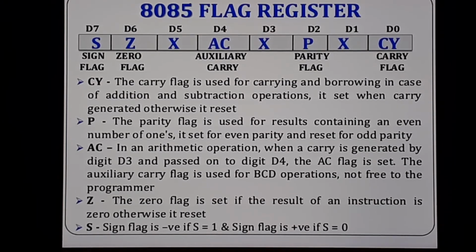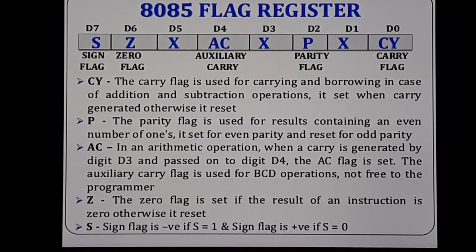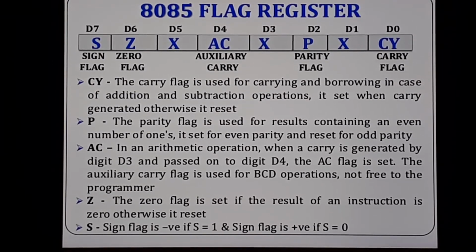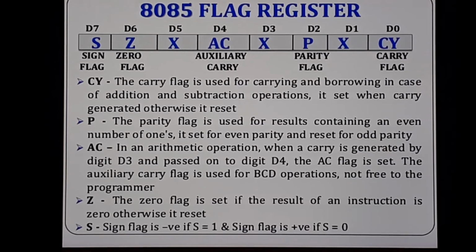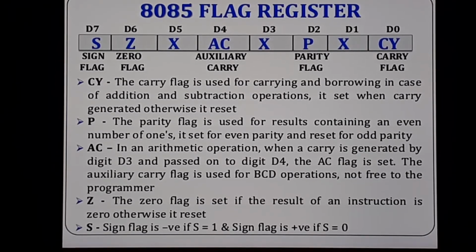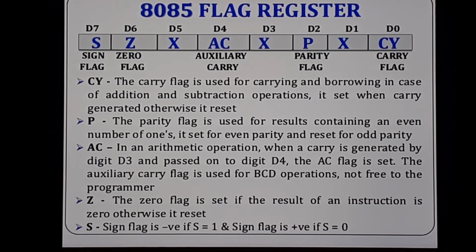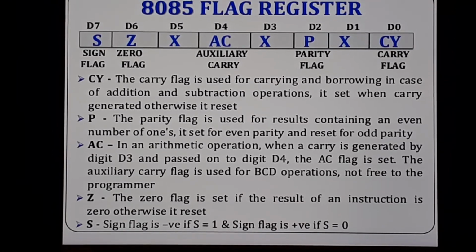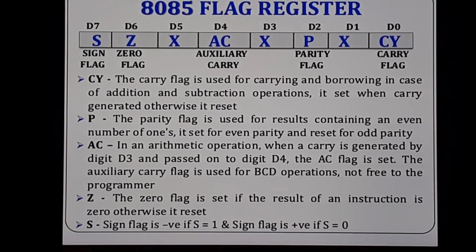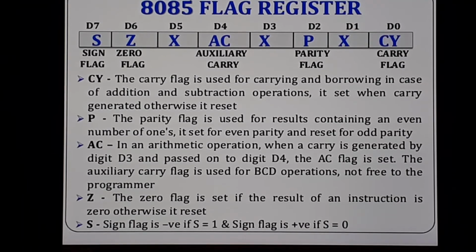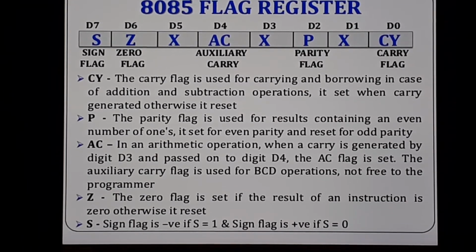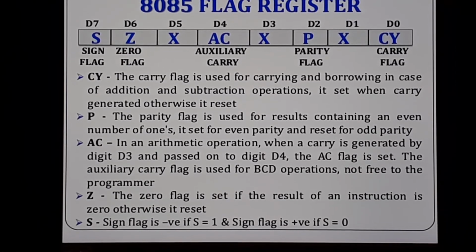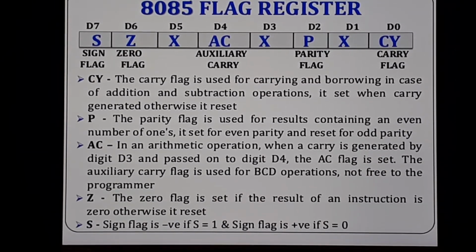And when will it be 0? When the number of ones is odd. Suppose there are 5 ones and 3 zeros, 8-bit, correct? So 5 ones and 3 zeros are a total of 8 bits, in which 5 are ones, which is an odd number. So the parity flag will be set to 0 here. Now next we'll see the AC flag. For the P flag, you will say that P stands for parity flag. It will be set to 1 if your accumulator result contains an even number of ones, and if it contains an odd number of ones, the parity flag will be set to 0, or reset.